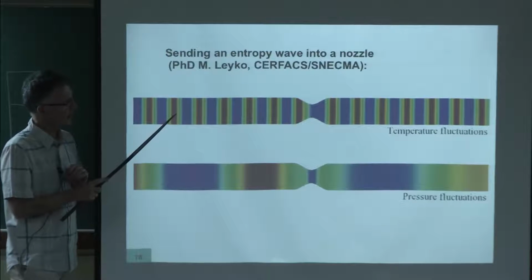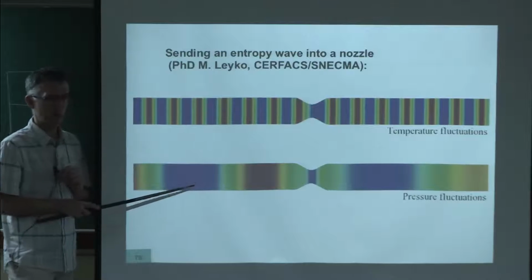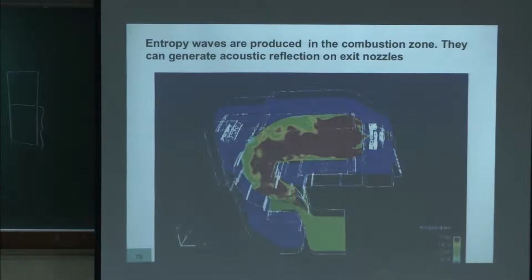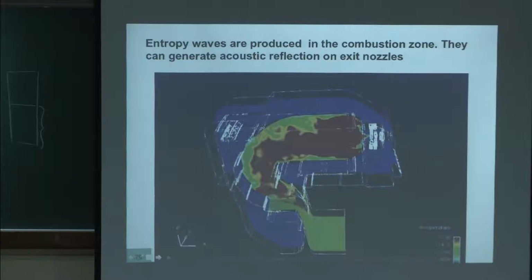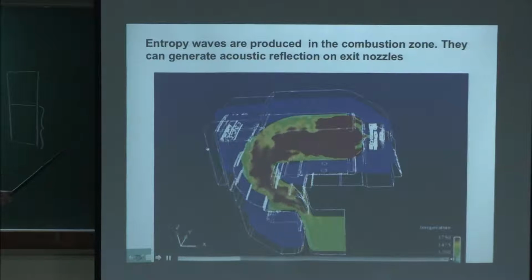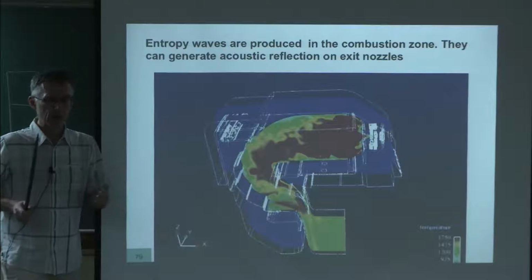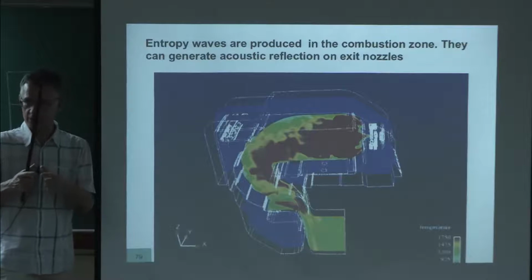And so for combustion instabilities, it opens a new way. It says that if you have entropy waves created in your chamber, they can generate acoustic noise. And that's bad news because it creates what we call a new type of mode, which we call mixed modes. In a real chamber like this one, you have many entropy waves which are created. What is an entropy wave? It's basically a hot spot. It's a zone where you have more energy, higher temperatures.